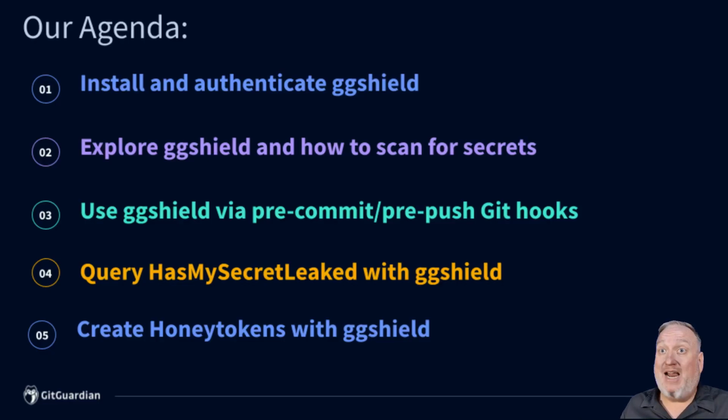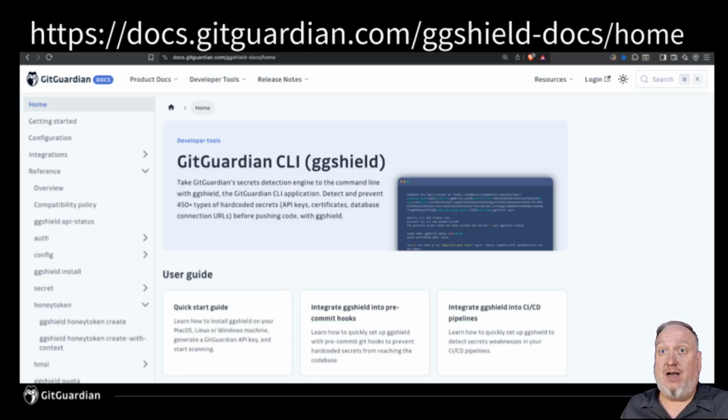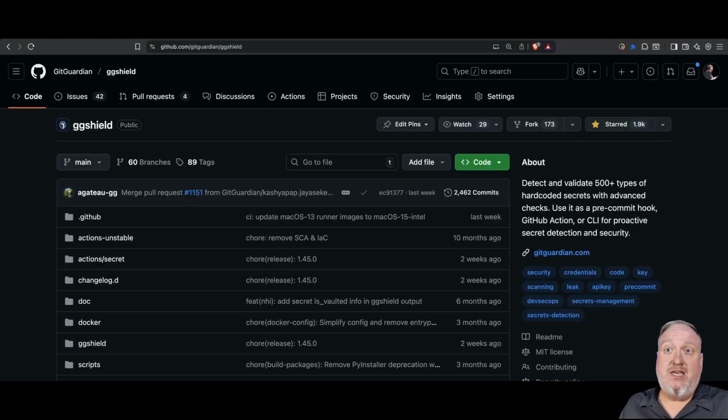For more information on any topic we covered, please visit docs.gitguardian.com and simply search for ggshield. And check out GitGuardian's CLI GitHub repo for release notes and examples over on